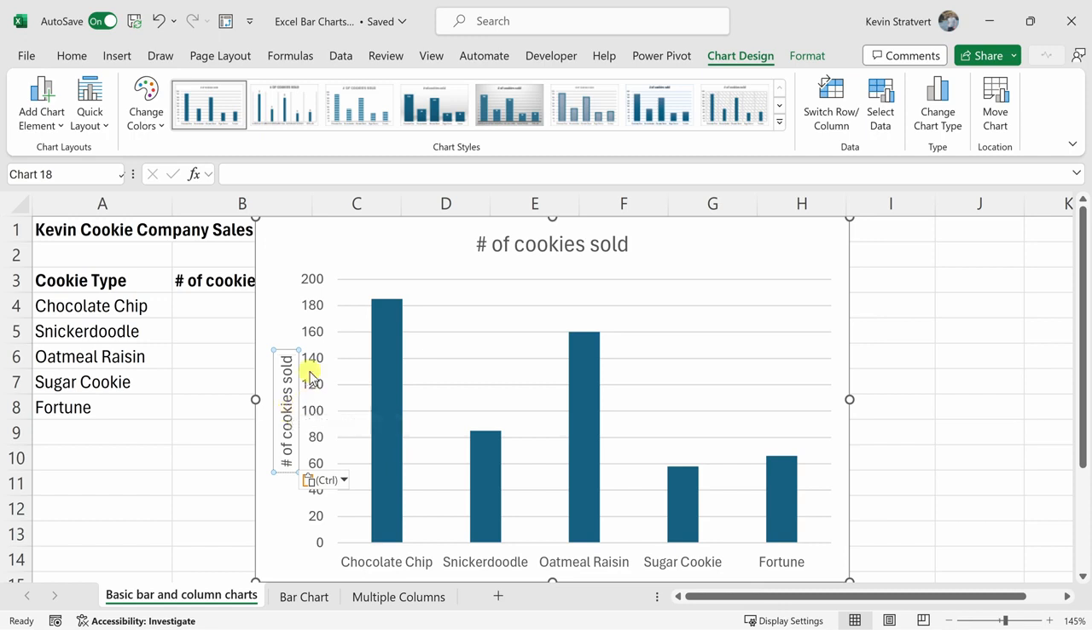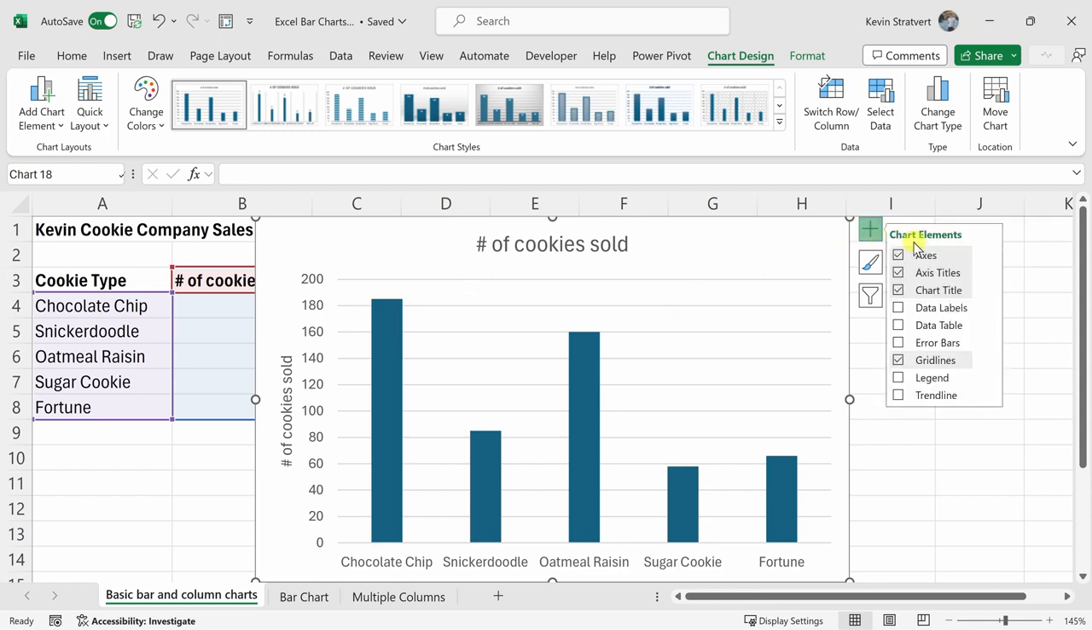Now, instead of going up to the top ribbon to do this, you can also click into the chart, and over on the right-hand side, you get this plus icon. When I click on this, here too, I can also add and remove the different chart elements. So you have multiple ways to do the same exact thing. Instead of adding elements on your own,